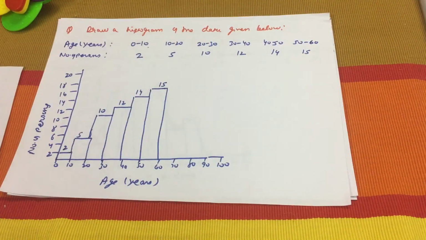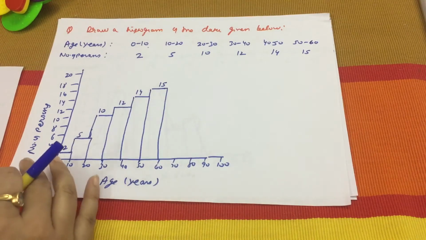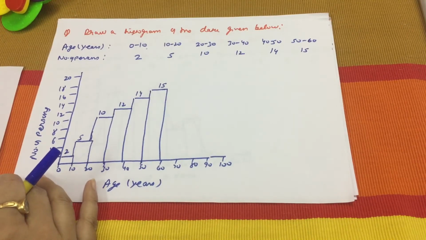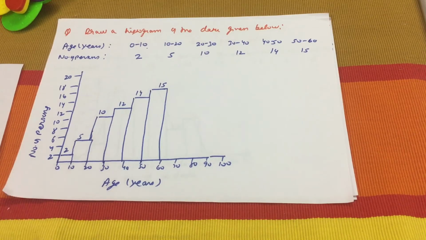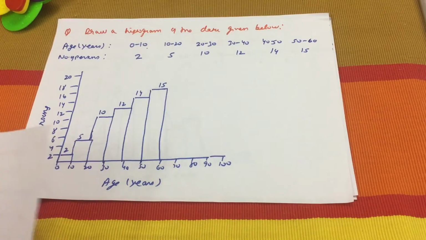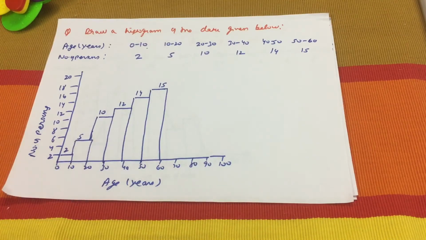Now students, before going further with histogram, the first question which comes to our mind is: where do we use histogram? Histograms are used when we have to compare, when the graphical presentation is given in open-end classes. There we have to use the concept of histogram. Now the next question is: how do we construct a histogram? So students, I'll tell you how to construct a histogram.